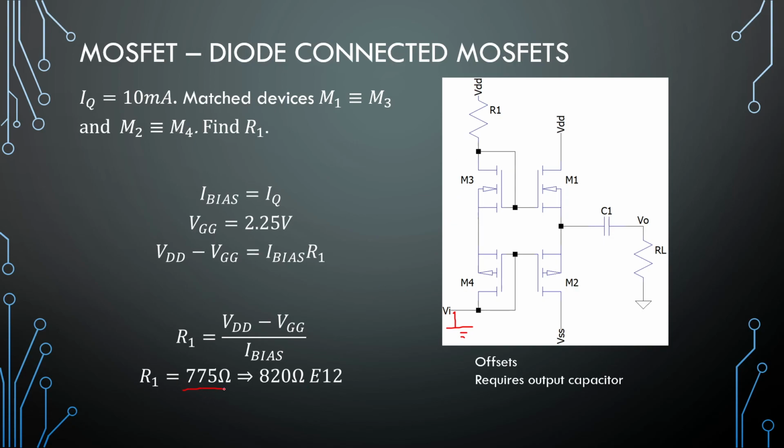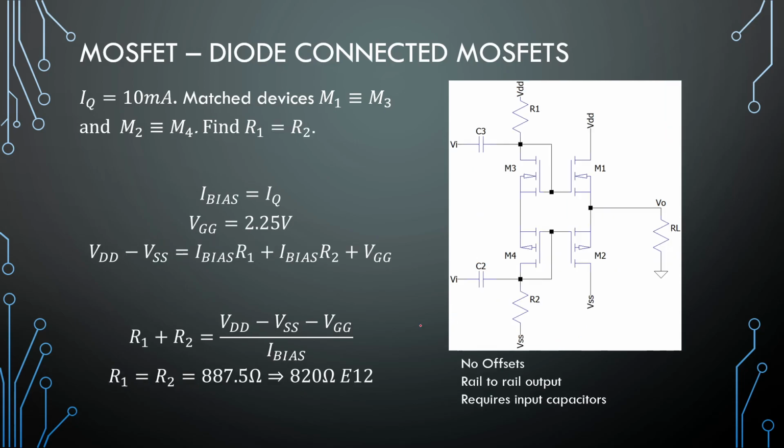Okay, so 775 ohms, 820 ohms, E12. Plain and simple. So it's just this voltage minus your VGG voltage right here, divided by the current flowing in it, and you're finished. Problem is, this will have offsets. So the best way is to do it kind of balanced and have resistor 1 and resistor 2. They will be the same value,